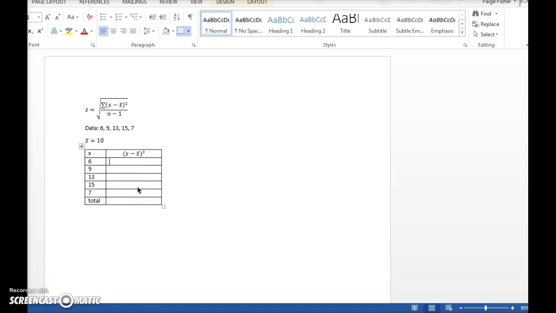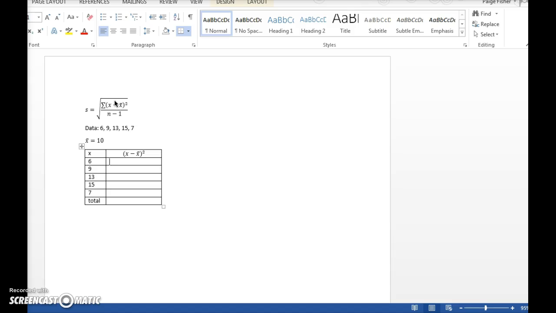So I wanted to show you a couple examples of how to calculate the standard deviation by hand. For this first example, we're just doing it in a Word document, and the next one we'll do in Excel. With the data set that I calculated to have a mean of 10, here's the table with all the observations, which are x's, and then here's the formula for the sample standard